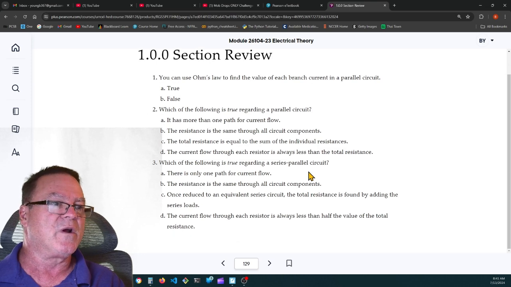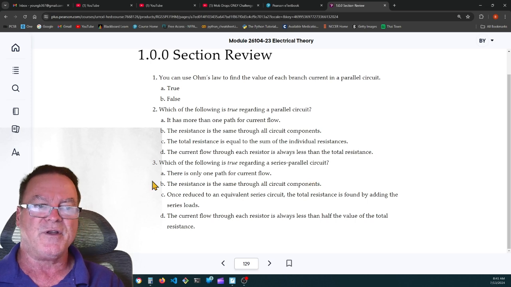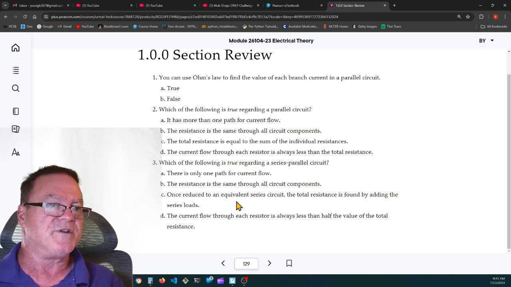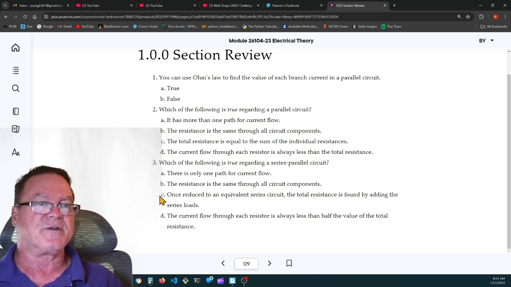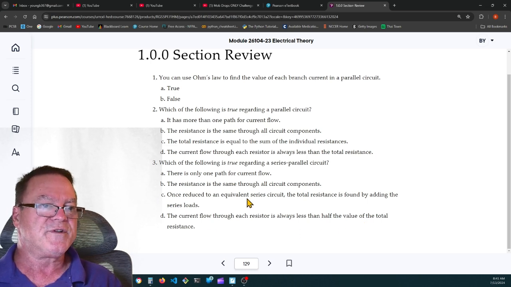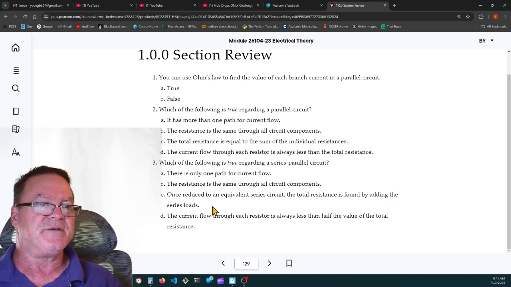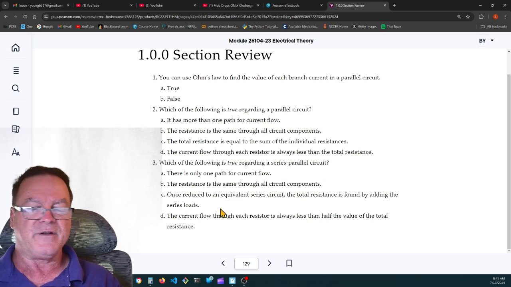Which of the following is true regarding a series parallel circuit? Well, if it were a series circuit, it would only have one path to flow, and the resistance is the same throughout all circuit components. No. Once reduced to an equivalent series circuit, the total resistance is found by adding the series loads. That is true. Current flow through each resistor is always less than half. No. C is the correct answer. Once reduced to an equivalent series circuit, the total resistance is found by adding the series loads together. Very good. Okay, we'll go on to